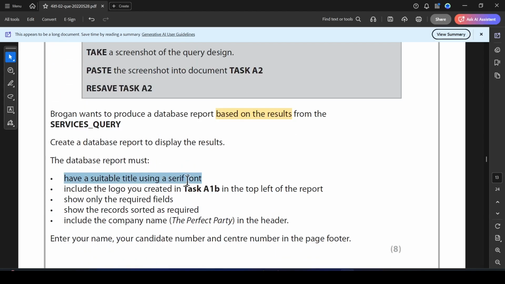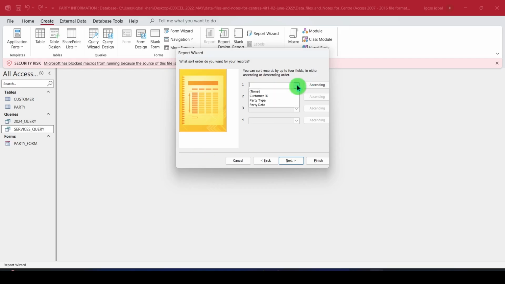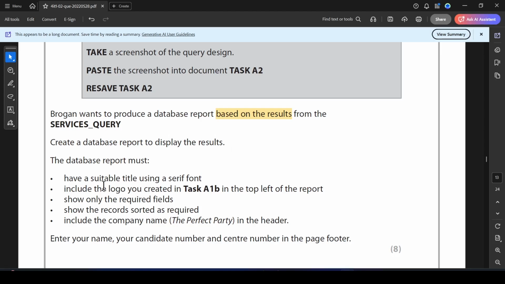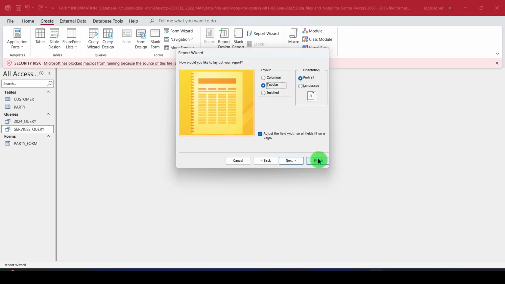Have a suitable title in a serif font. Did they mention anything here about how to sort the records? Yeah, nothing. Only that the party date should be in ascending order. Next. And is it a columnar form or a tabular report? Create a database report. They did not mention anything here, so we will go ahead with tabular only. Next,